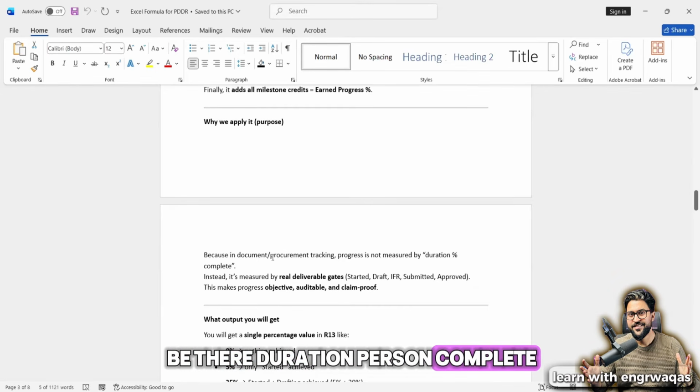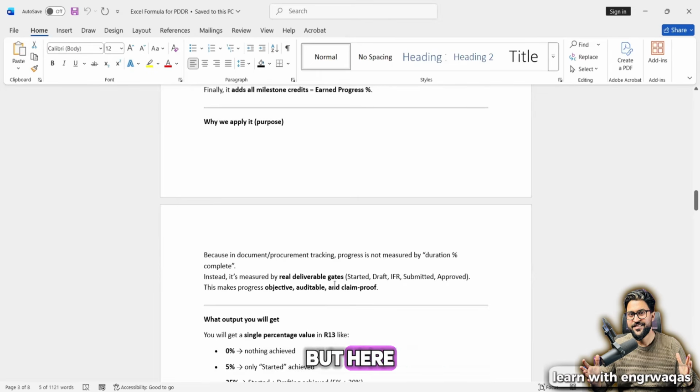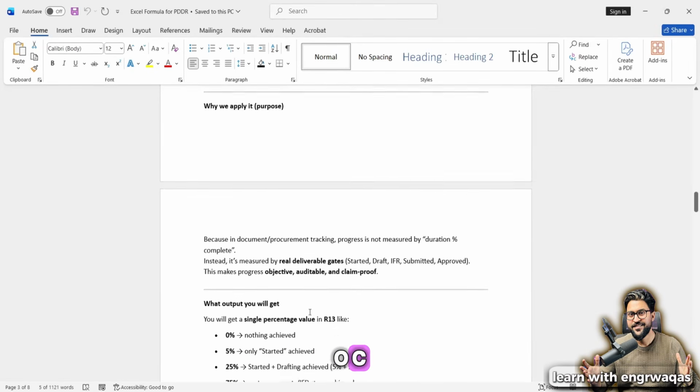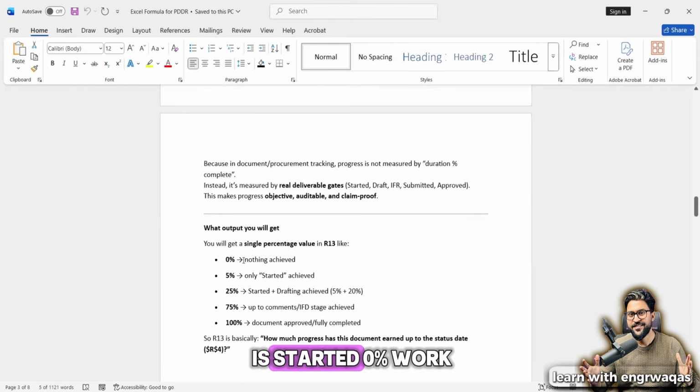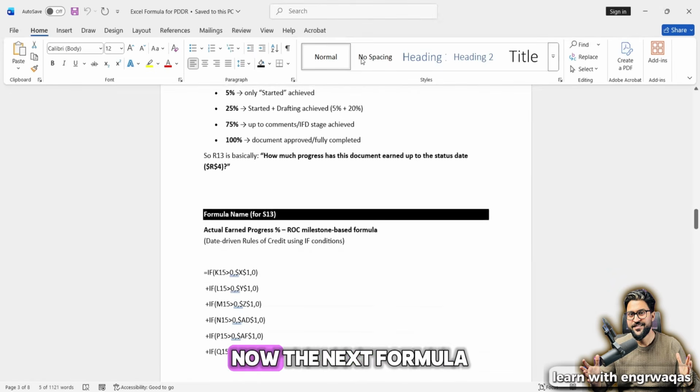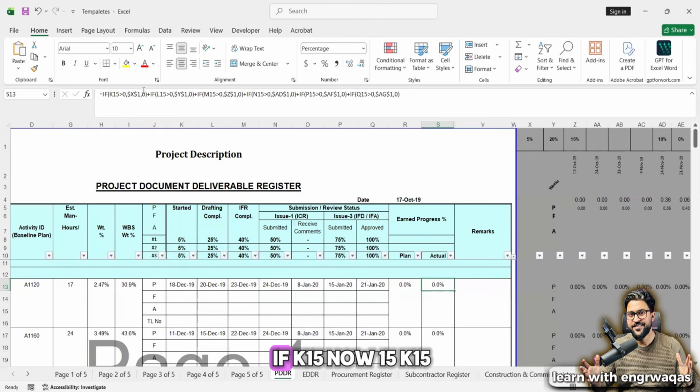Duration percent complete. There it will be duration, but here we are going to make the calculation of progress on the basis of our ROC. See, if the work is not started, 0%. Work is started, that is how progress is being calculated. Now the next formula. This is done. Actual. If K15, now 15, K15, this one. If this cell, see,